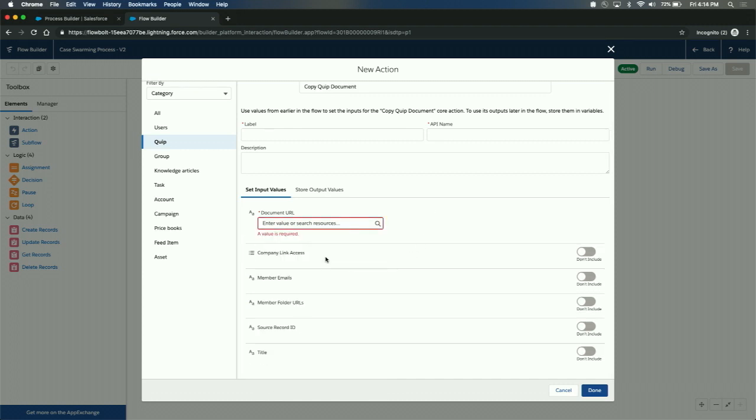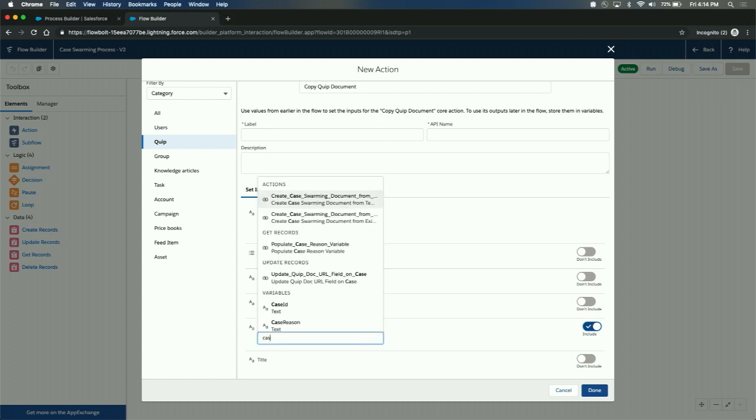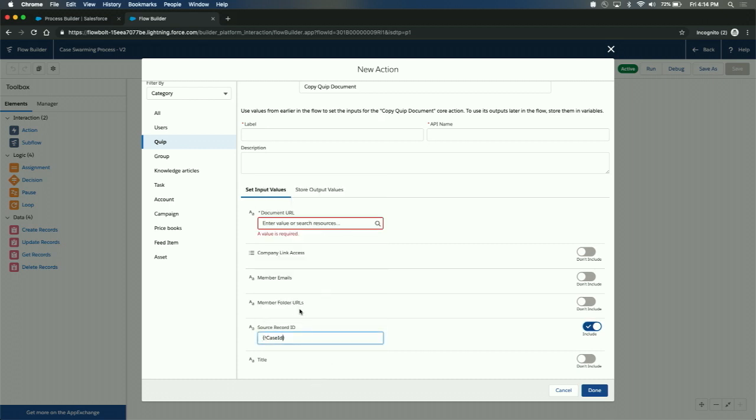I can choose if that document is visible to everybody in the company, or if there's specific email addresses I want to add, or if I want to move it into a particular folder. So this lets me set all the sharing settings. But most importantly, if I pass in a source record ID, this will go ahead and let me bind the object